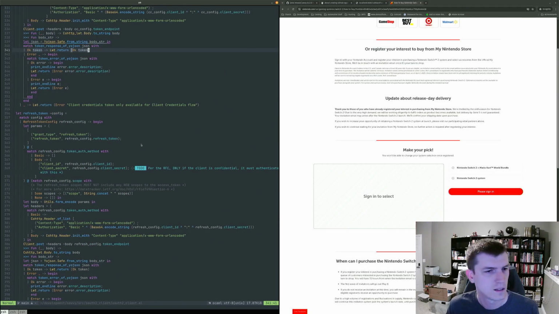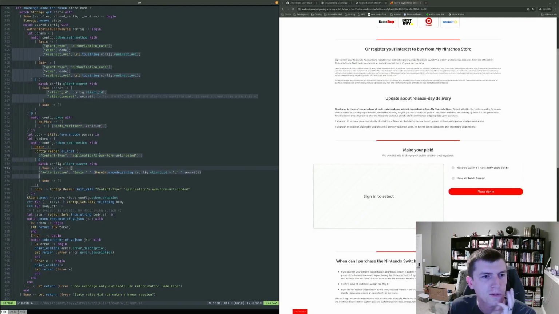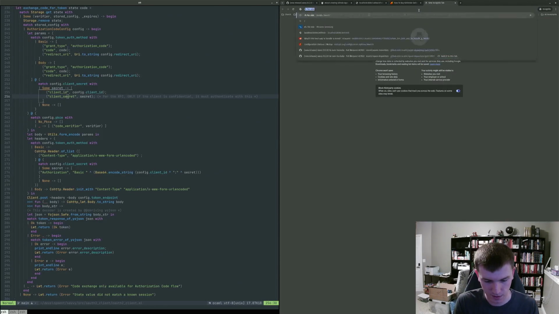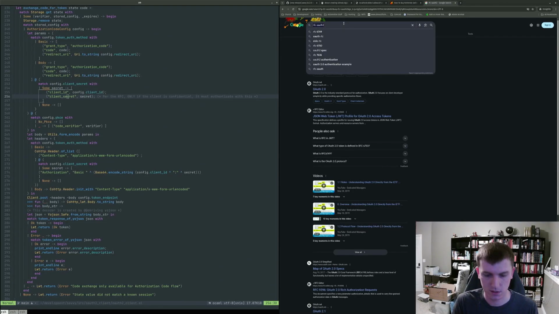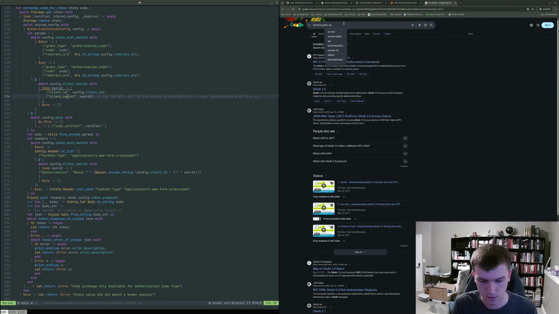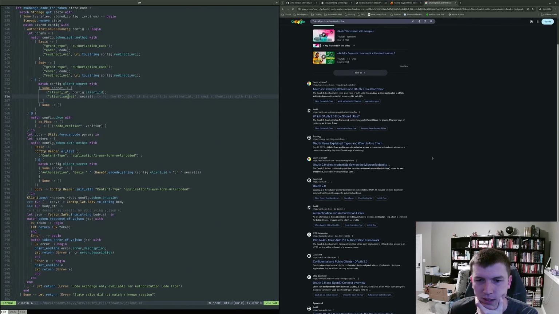Let's see. Where am I going? I need to get token exchange. So we're looking to see if there's a client secret. If there's no client secret, then we're just not passing client ID and client secret. Okay, I don't think that's... actually, let's try this. OAuth 2 public authentication flow, explained in simple terms. I'm not simple. OAuth, I'll explain types when using.